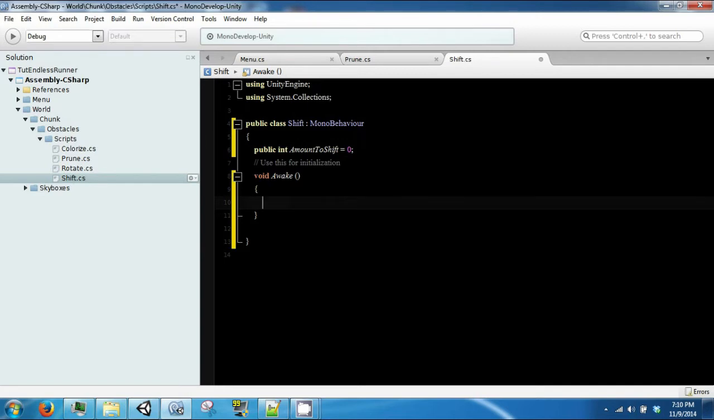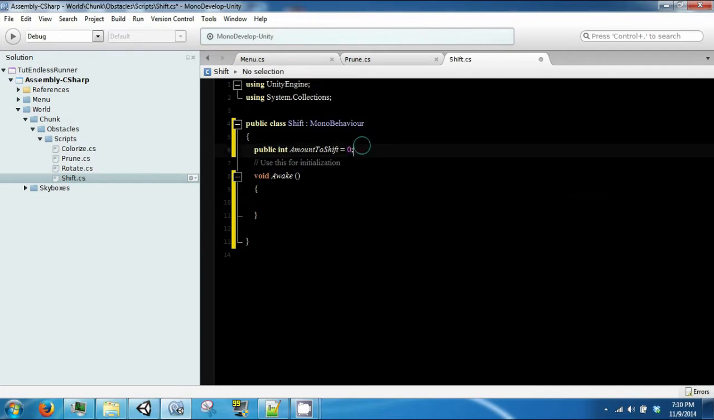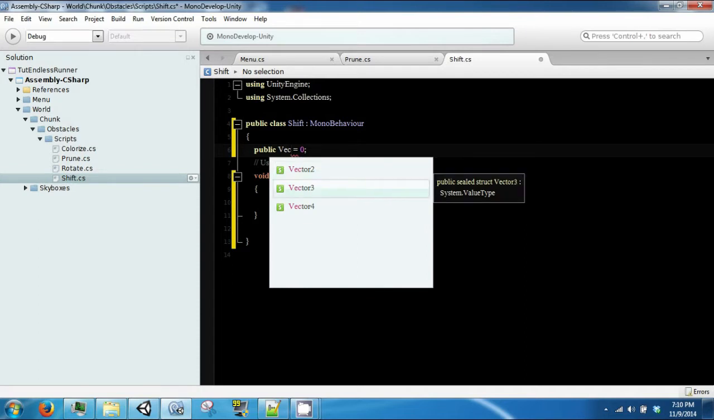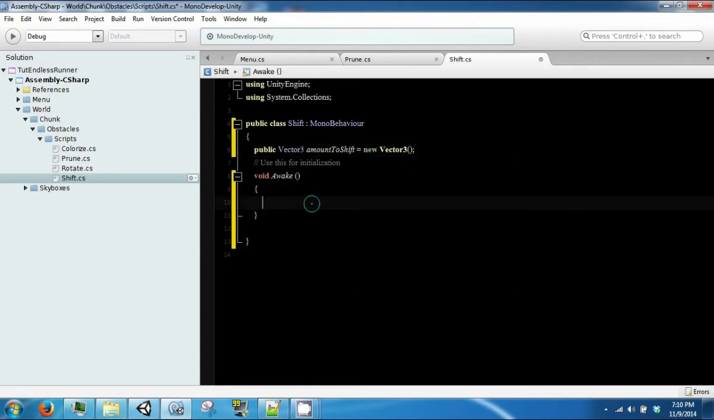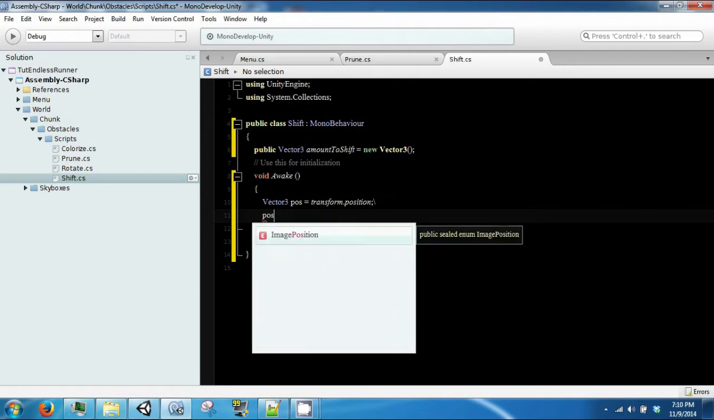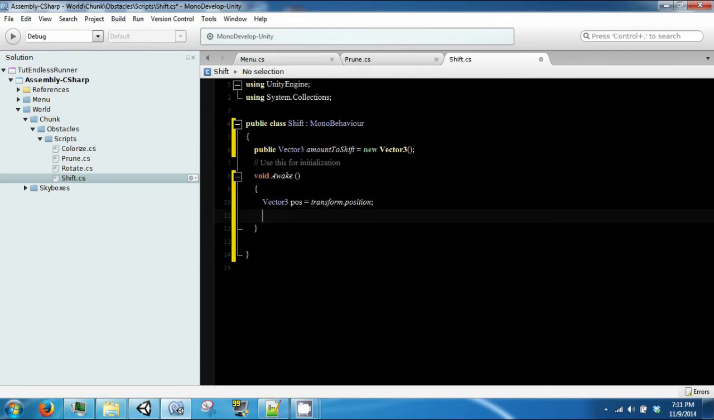Okay, so we should really have this as a Vector3 amount to shift, and then we will take our current position and say pos, and this will equal